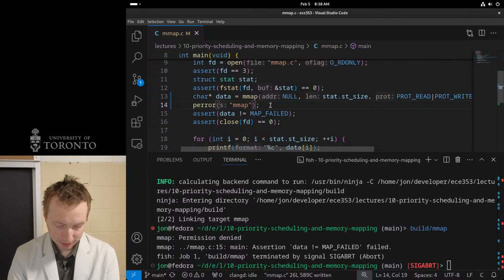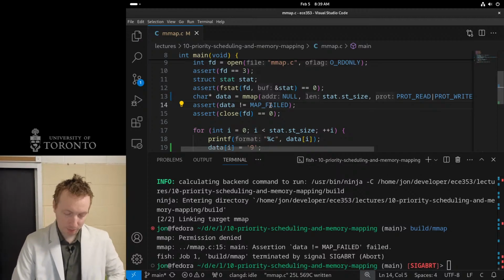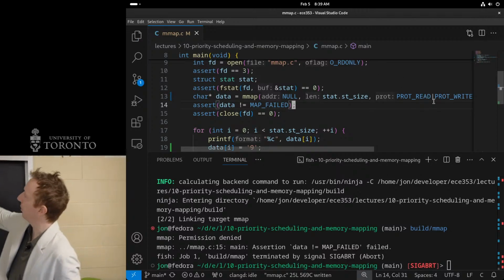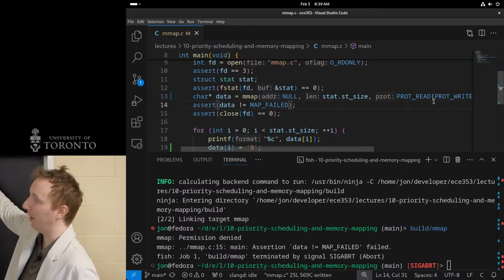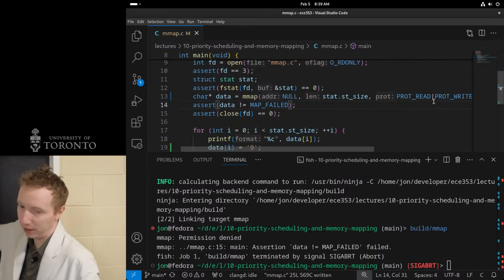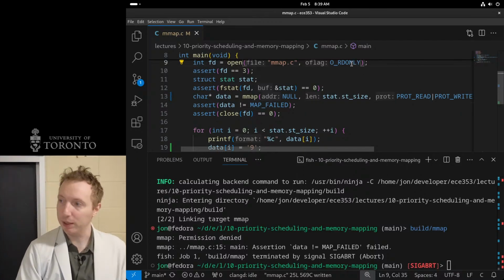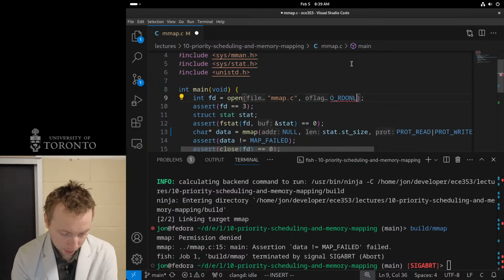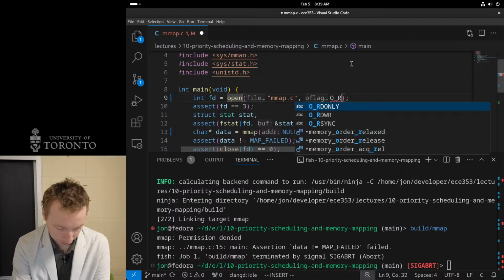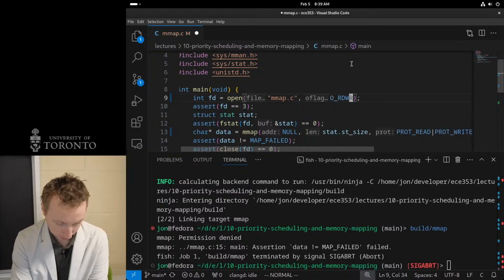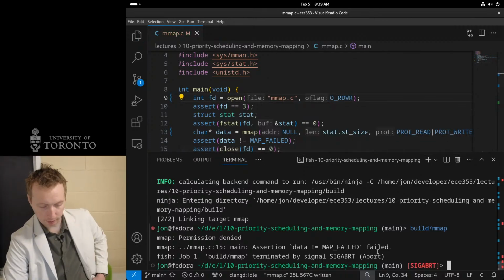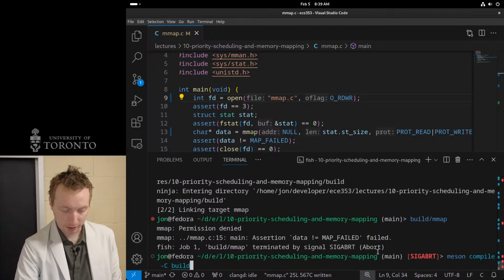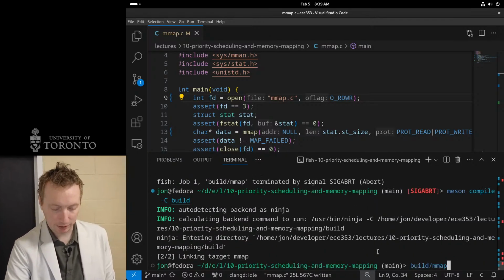What that means is your protection flags need to match, if it's backed by a file, the flags on the file. This file is read only, so I'm not allowed to write to it. So if I want to do both, I have to change this to read write. So I have to have the file descriptor open for reading and writing. Now, if I finally do this and run it,